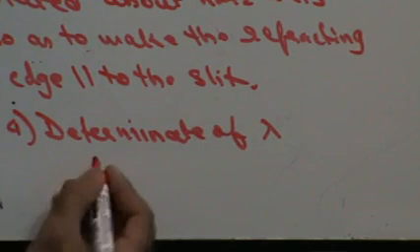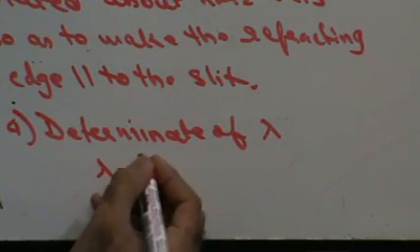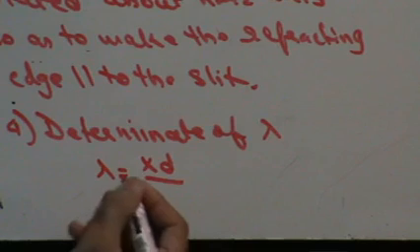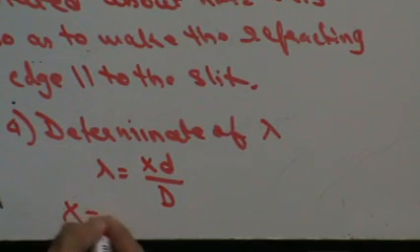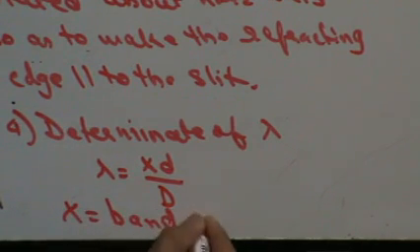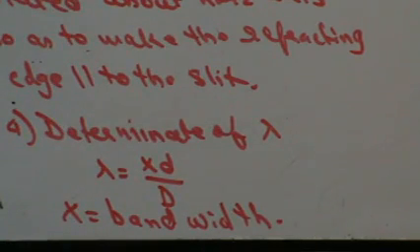I can say that lambda is going to be xd by D, where x is the bandwidth, d is the distance between two coherent sources produced by the biprism,